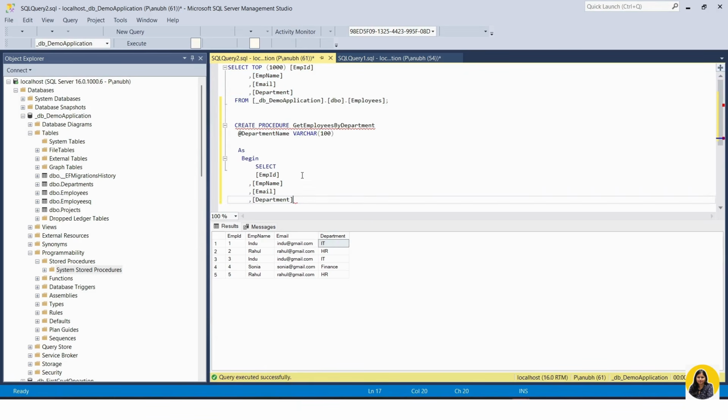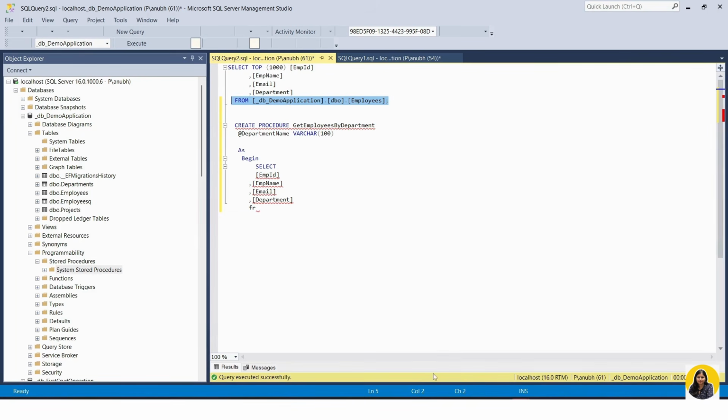Select these fields and department from our employee table, and where we can add the condition, WHERE our department field